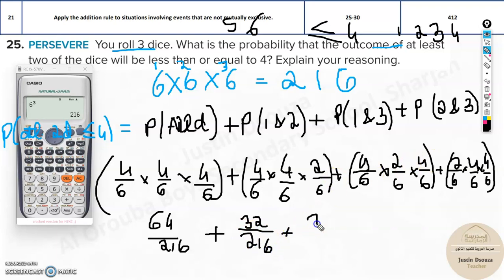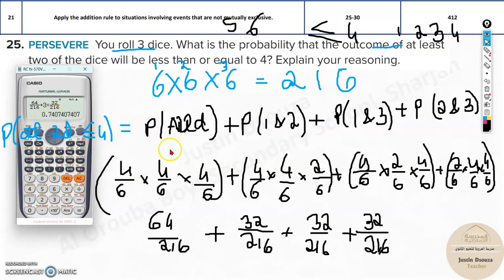It's the same thing. 32 by 216. And lastly, we have plus 32 by 216. Now after this much, just put it in the calculator and you'll get the answer. Let's do it. 64 by 216 plus, I'll just write 3 times, because I'm just lazy to add it 3 times. That's being honest. Okay, so the answer is 20 by 27, that is